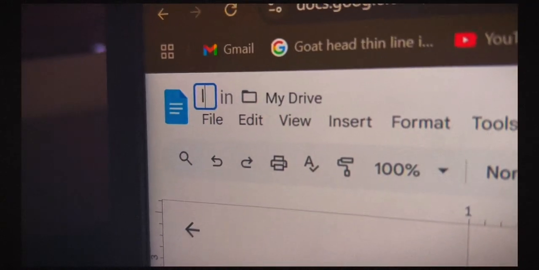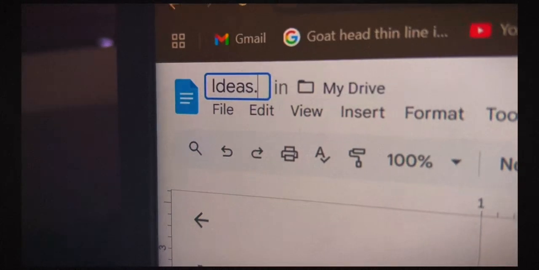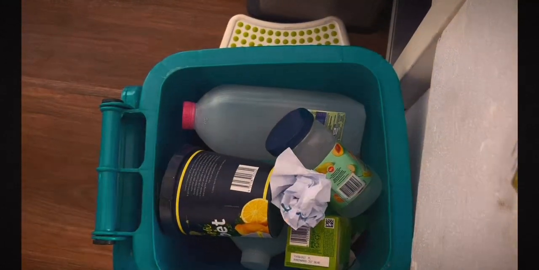Before anything starts, I have to come up with an interesting idea. I have a Google Doc full of interesting ideas that I want to turn into videos, but most times I just come up with something new. It could be anything like what I did on the weekend, a story about my family, or about the time not paying my taxes. Wait a minute, I should not have said that.